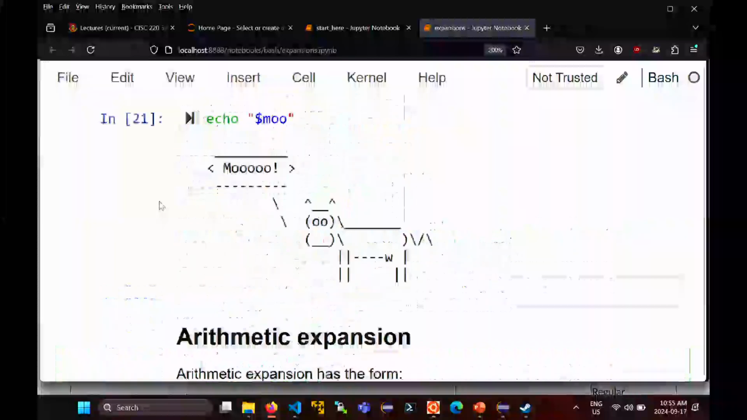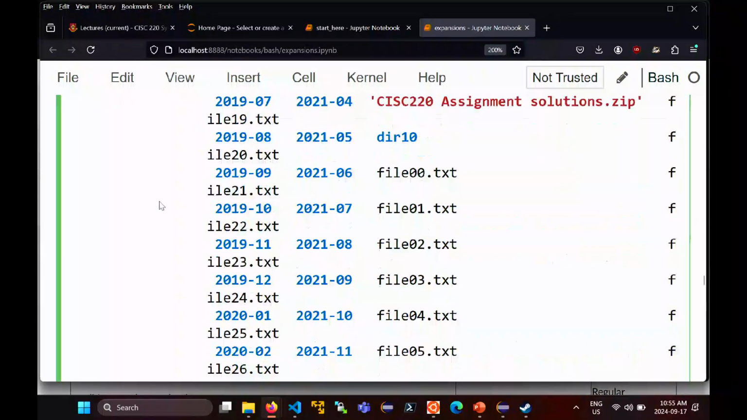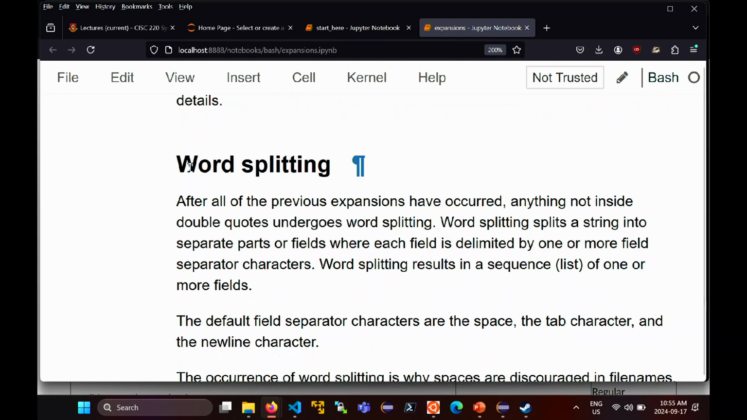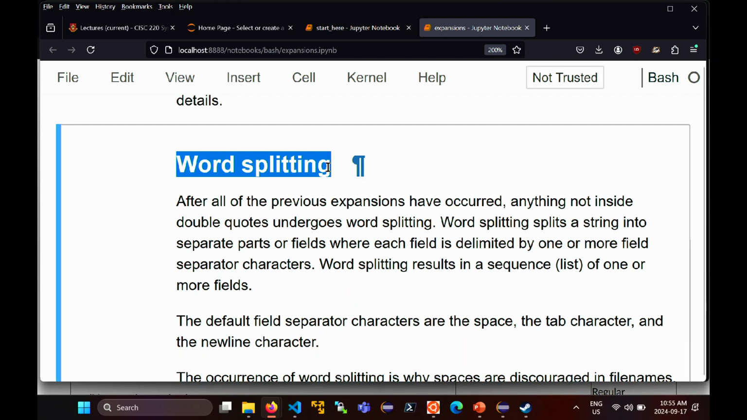All right. So after all of those expansions have occurred, we have brace expansion, followed by tilde expansion, followed by command substitution, followed by arithmetic expansion. Oh, there's also variable or parameter substitution in there. So after all of those things have occurred, now Bash looks at what has appeared and starts to split stuff up using white space. The next expansion that occurs is word splitting,